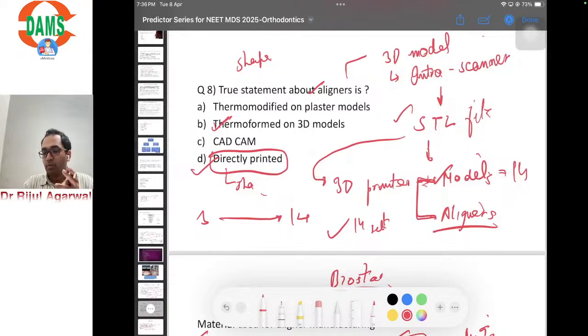Any company they mention, directly printing is only on shape memory aligners, be it Invisalign, Strawman, Spark, something. Any company name mentioned, just take thermoformed on 3D models. We are not here to correct the examiner, we are here to get +4 marks. So no confusion like 'sir, you told me this, you told me that.' What I'm telling you right now is to just remember that the true statement about aligners, or about Invisalign, 3M, Strawman, anything, is that they are thermoformed on 3D models,